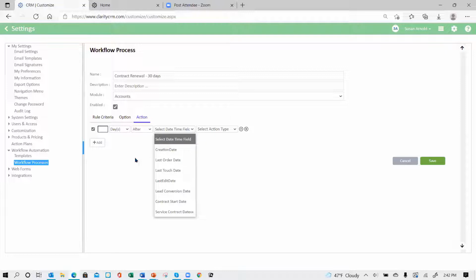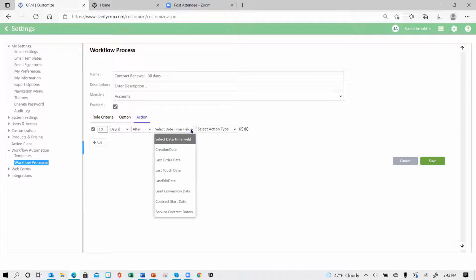So I have to base it on the contract start date, which is right here. So instead of after, I need to do it before. And I need to, whoops, I'm sorry, I need to do after. And I need to do it, say 330. This would be about 35 days ahead of time. So if I did 330 days, and notice you can have weeks,